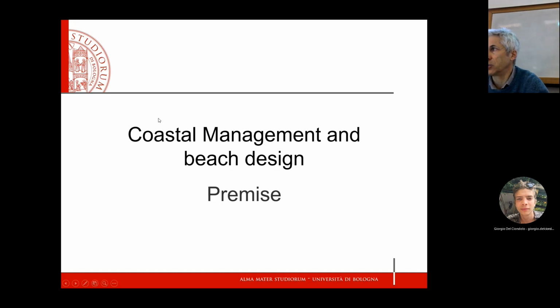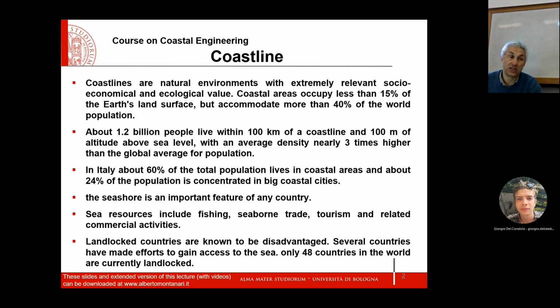So this premise is related to coastal management and beach design. So it is related to coastal engineering, in order to understand in general the context we are focusing on, okay? And first, I would like to draw your attention to the fact that coasts are very important, and represent an environment with an extremely relevant socio-economic